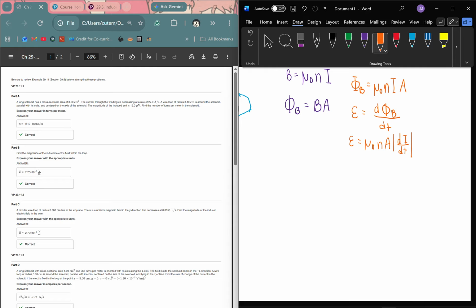Basically, we just put this over here, and the I only because the current is changing, so that's how we equal to. So we're solving for n. Let's isolate the n by dividing both sides. These are all multiplied to the n, so we have to divide them to the other side, which is going to give us